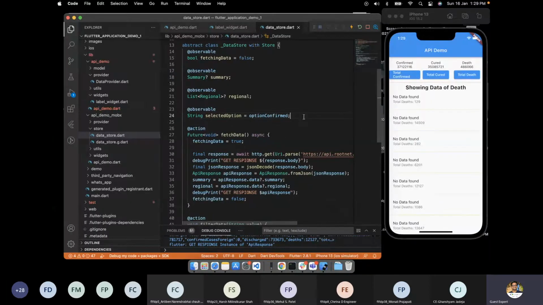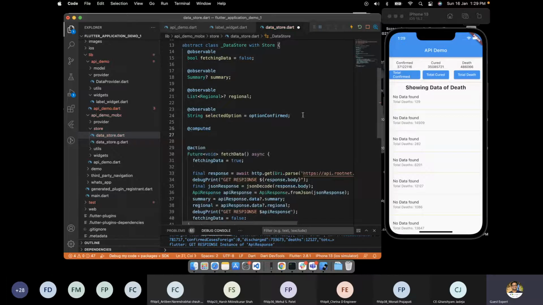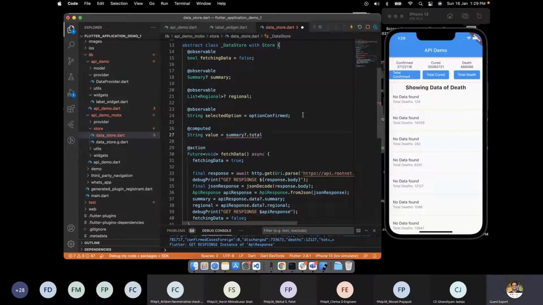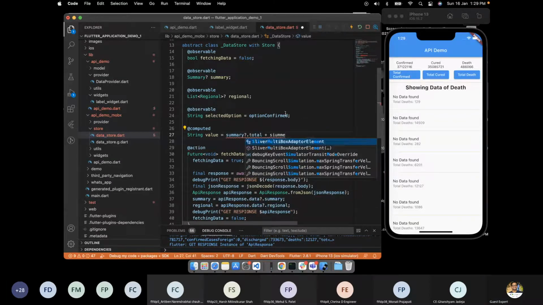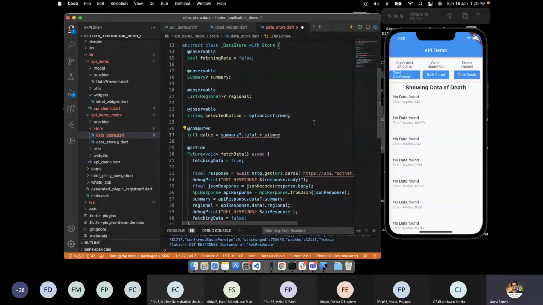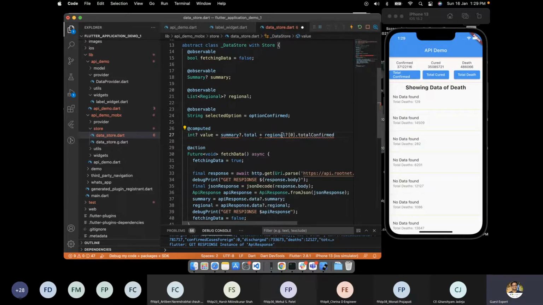So here we can have a computed string value equal to summary dot total plus, total is an integer, plus original of 0 dot total, like this.